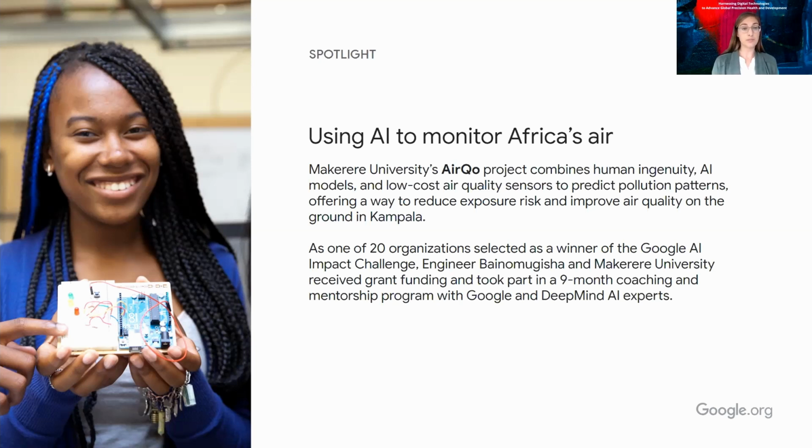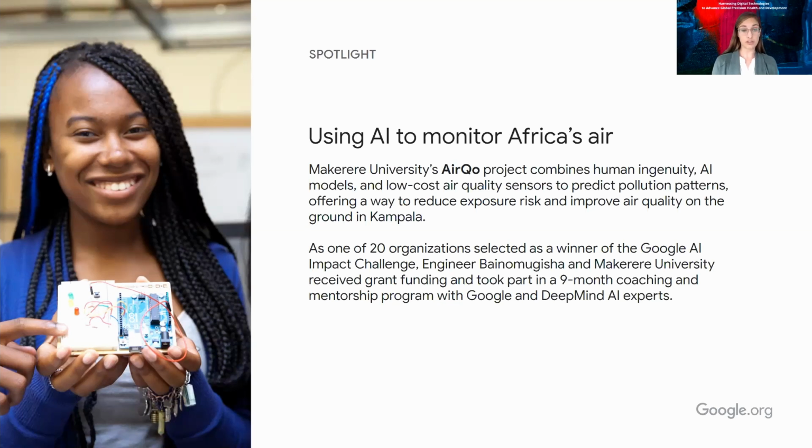The researchers that we are working with and proud to support at Rockefeller University have developed AirQual, which is a project where they have built a low-cost sensor. You can see one here on the page that uses solar power and a lot of local components. And they're deploying them across the city, not just in point locations, although importantly they are, but also on motorcycle taxis, on boda-bodas that drive throughout the city of Kampala and are able to provide an additional layer of data without necessarily having to have the quantity of sensors that you might need in a point system.